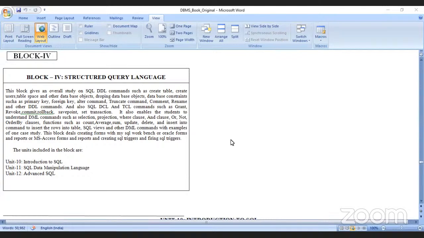Mainly in structured query language, we have 4 types of commands: DDL, DML, DCL, TCL. Okay. So practical knowledge is important here. These are the 4 types of practical commands we have in